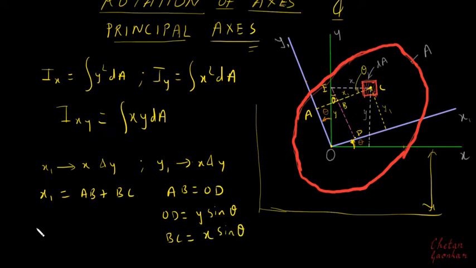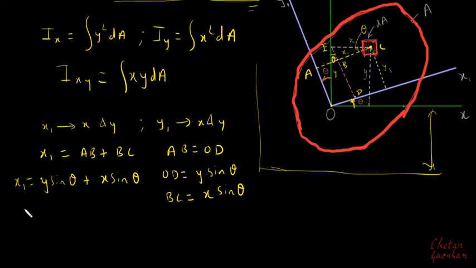Then from this we get x1 as AB, which is OD, is y sine of theta, and then BC is x sine of theta. Now if we do the similar analysis, I can find y1 as y cos of theta minus x sine of theta, because y1 is nothing but